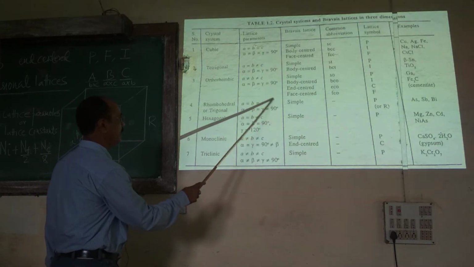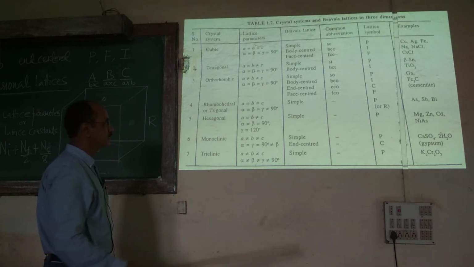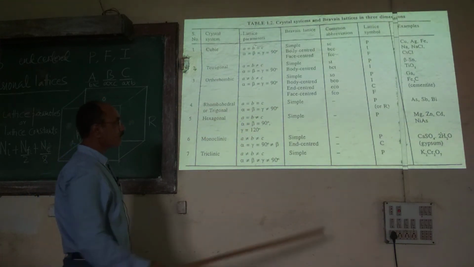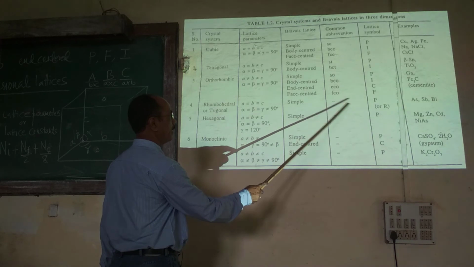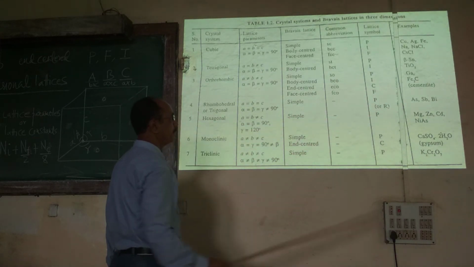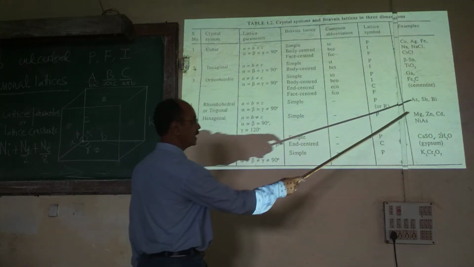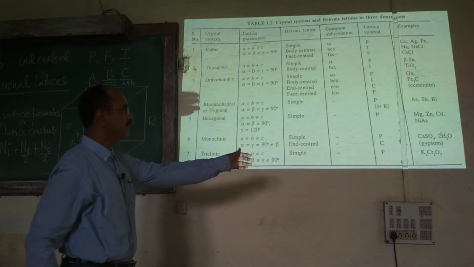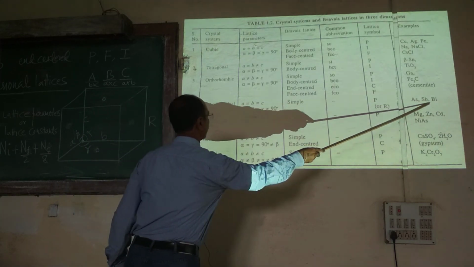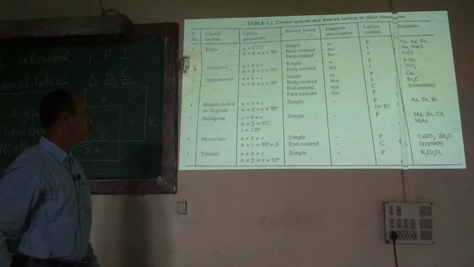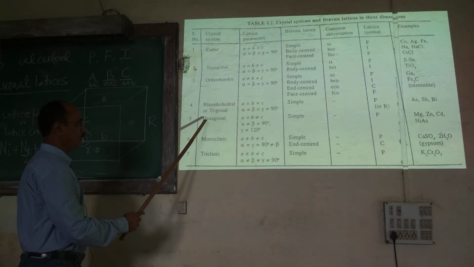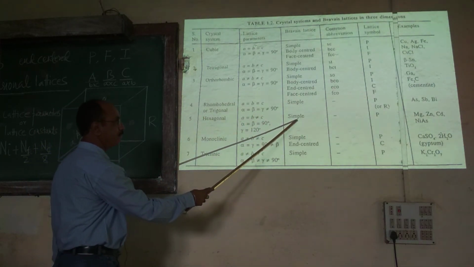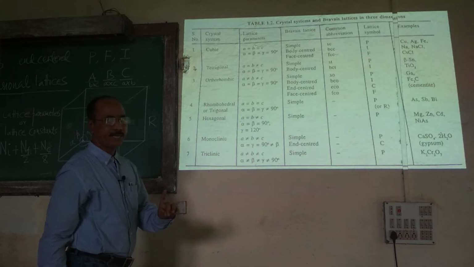These are the lattice parameters for the rhombohedral crystal system. It has got only one Bravais lattice. There is no abbreviation for it. It is a primitive cell. AS, SB, these are the examples of rhombohedral or trigonal crystal system. Hexagonal. These are the lattice parameters of the hexagonal crystal system. Simple, it has got only one